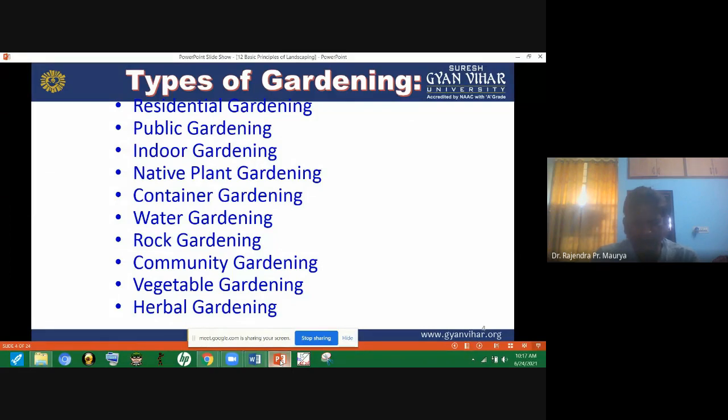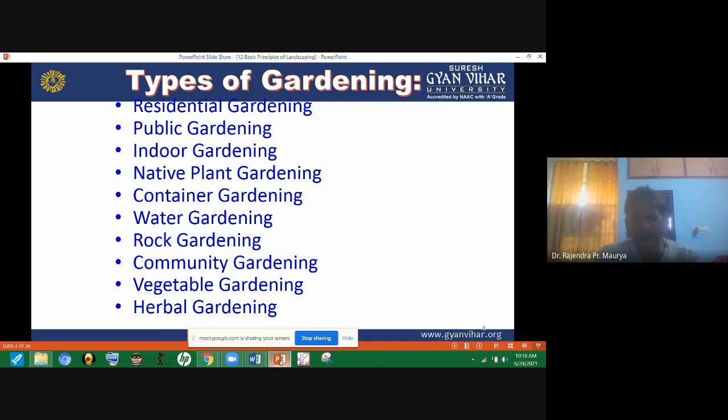Pots also come in different shapes, circular, rectangular, polygon, in different shapes and sizes. Similarly trays and polythene bags. We can grow these plants in containers, and that is known as container gardening.